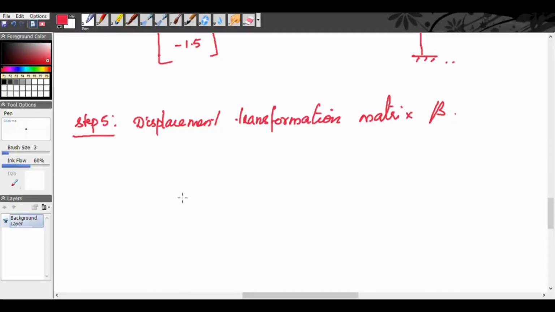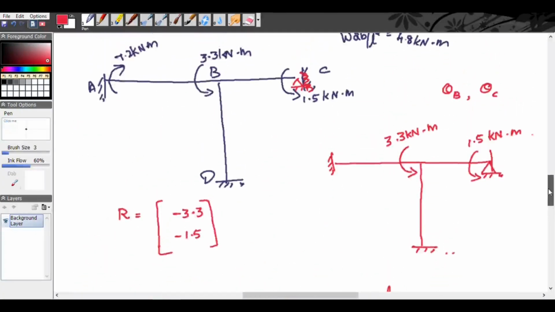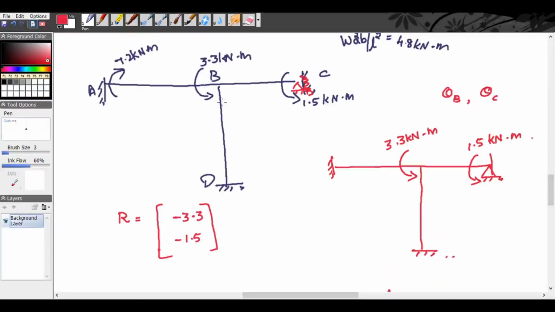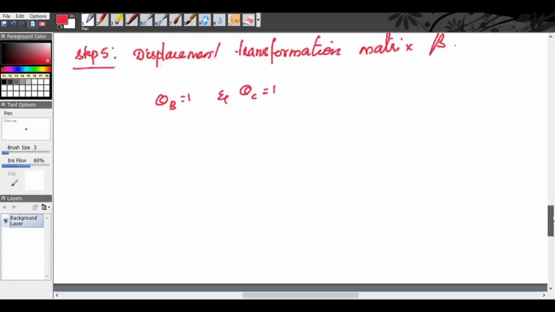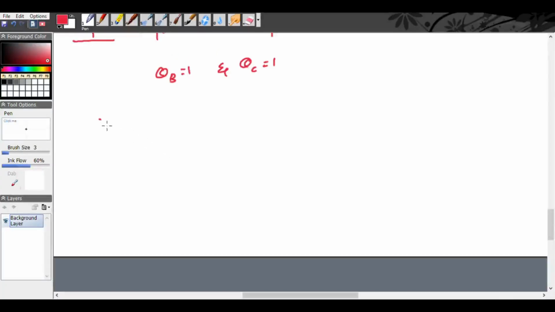So how will we find beta? We have two system coordinates, right? One at B and another at C. So we will apply unit displacements along the system coordinates. So we apply theta B is equal to 1 and theta C is equal to 1 separately. So when we are applying theta B is equal to 1,